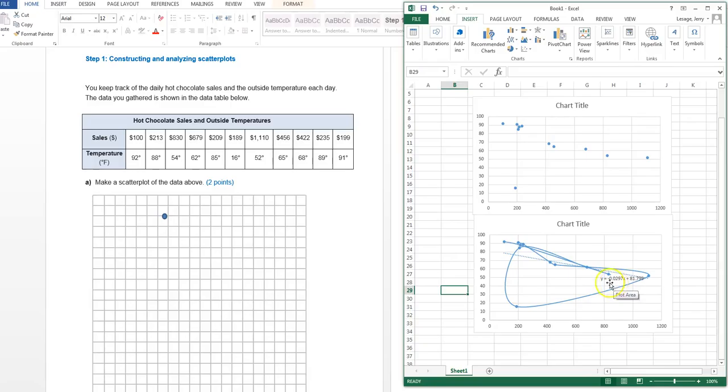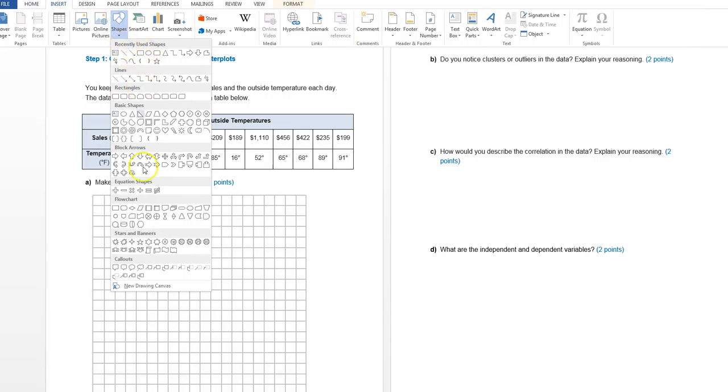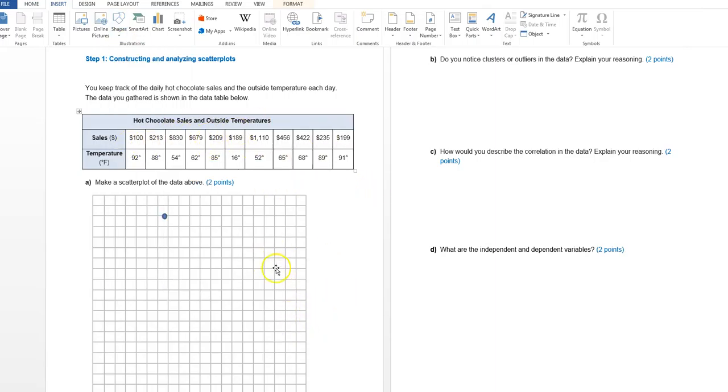So it would just be a matter of finding 2 points that are fairly close on the line. For example, maybe this point and this point. Our line has pretty well gone through those two. So we would just use the y2 minus y1 over x2 minus x1 formula for calculating the slope between 2 points. So we can either do all the work by hand, the way we were doing here with the insert. Remember, we're inserting a shape and we use the dot and we just put the dots to correspond to all of these. Or we can do the